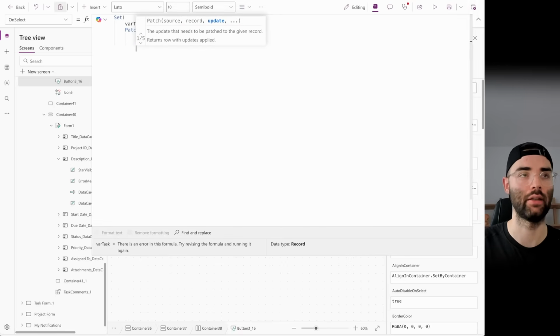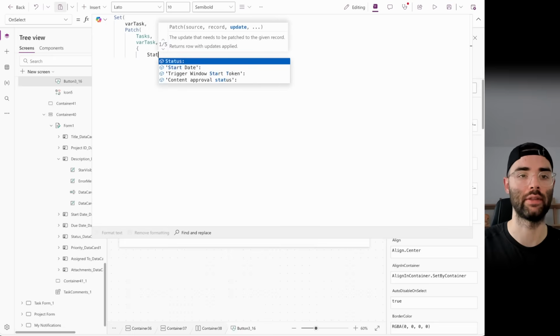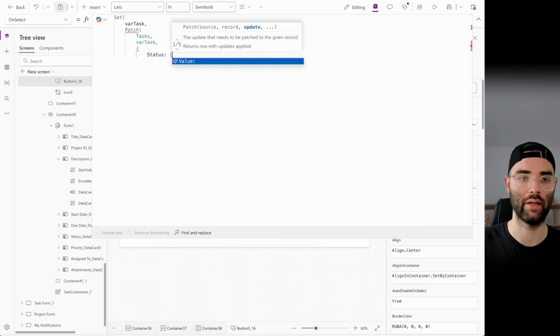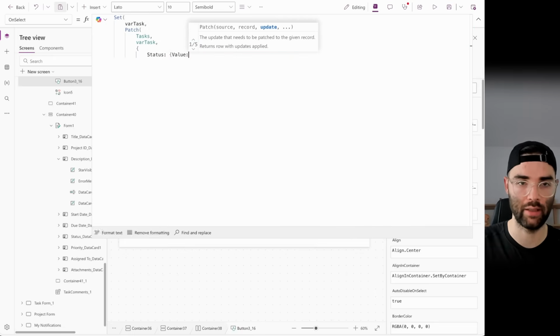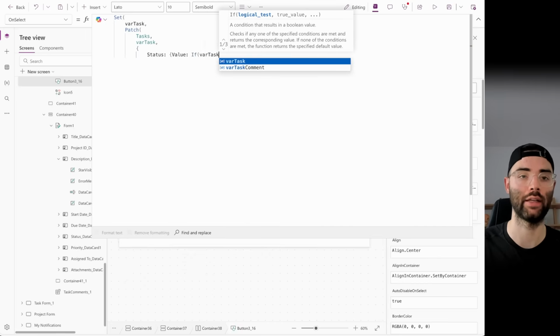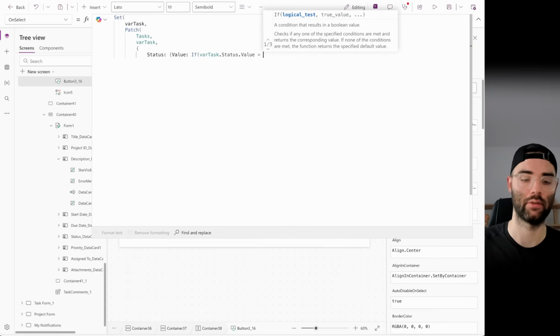That's what we're going to update. In squiggly brackets, I'm going to do the Status, right? Because it's a record, we're going to put another squiggly bracket. The Value will equal an If statement, right? So depending on if varTask.Status.Value equals Completed,